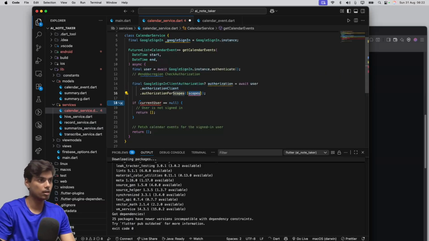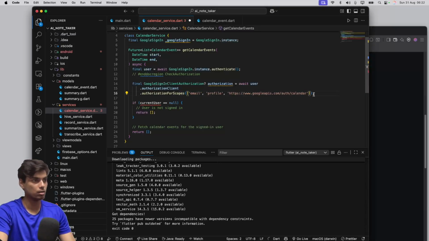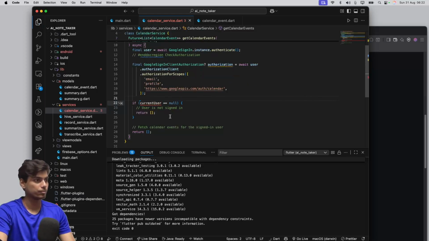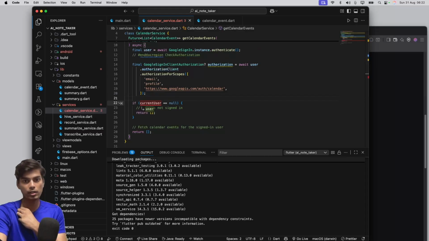Scopes will be the scopes I have. Scopes are this. Okay, so we have the Google sign-in client authorization and